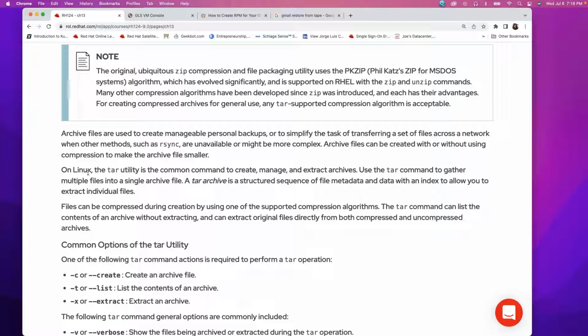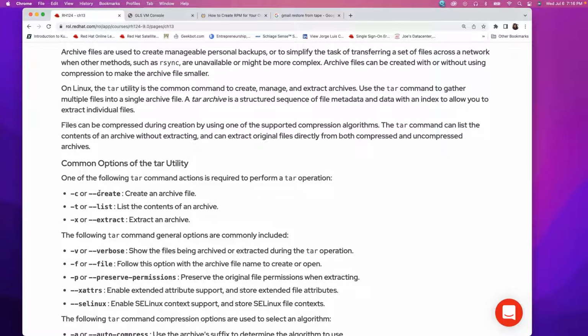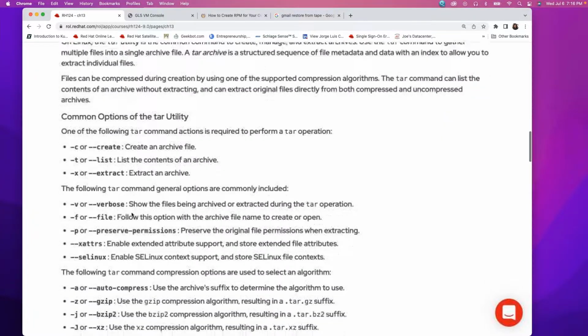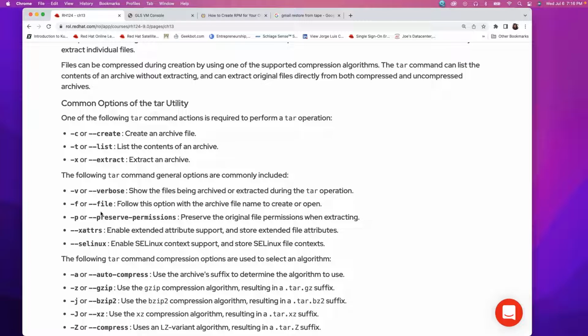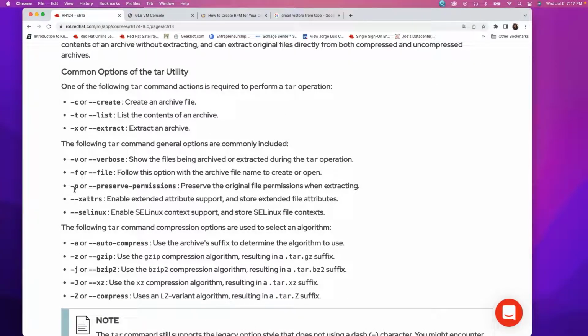All right, so here, on Linux, the tar utility is the common command to create, manage, and extract archives. Use the tar command to gather multiple files into a single archive, which we did. So here, c for create, t for listing, and x for extracting. You saw that I used verbose, and you saw I used the -f. These are probably the five common ones you're going to use. You may want to use the p to preserve the actual permissions